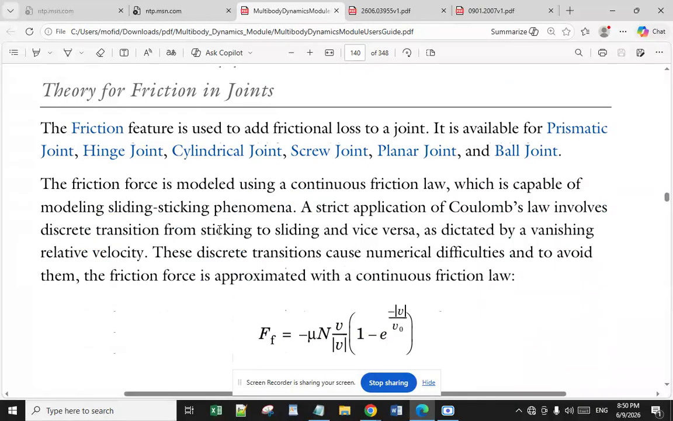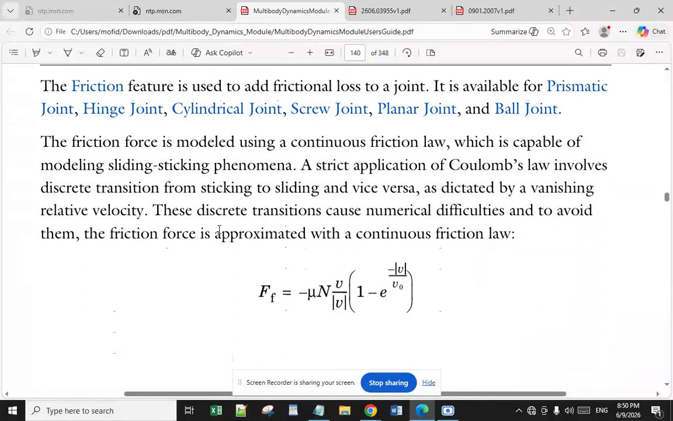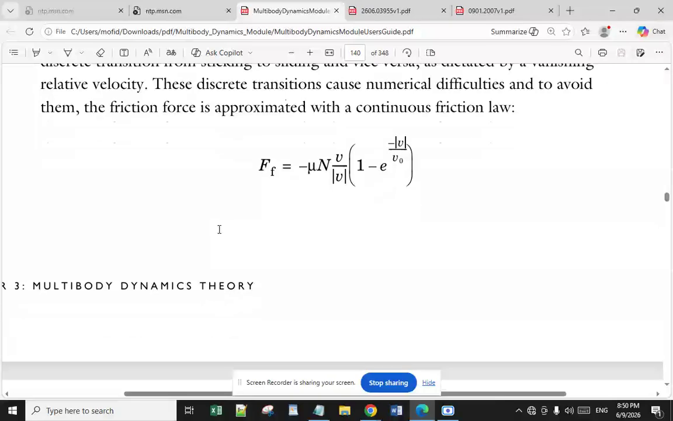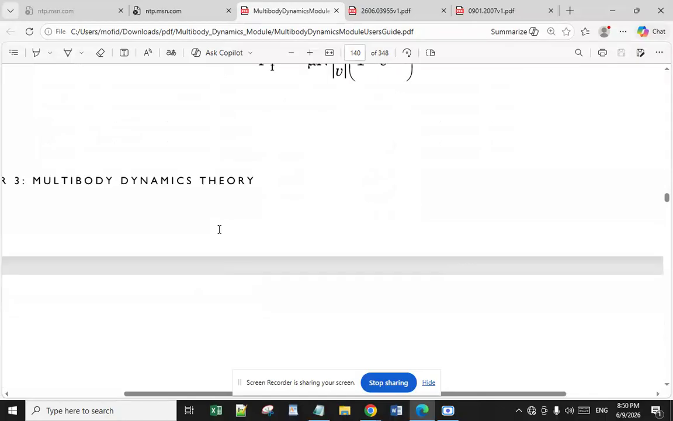A strict application of Coulomb's law involves discrete transitions from sticking to sliding and vice versa, as dictated by vanishing relative velocity. These discrete transitions cause numerical difficulties, and to avoid them, the friction force is approximated with a continuous friction law. Ff is equal to minus mu n nu divided by absolute nu, multiplied by 1 minus exponential to the power of minus absolute nu divided by nu 0,